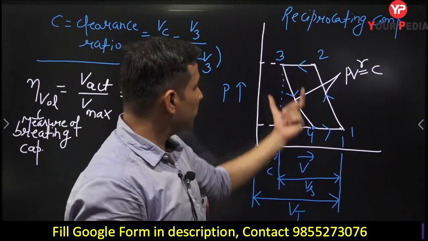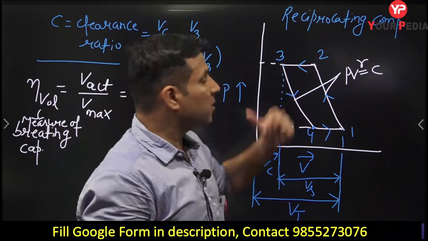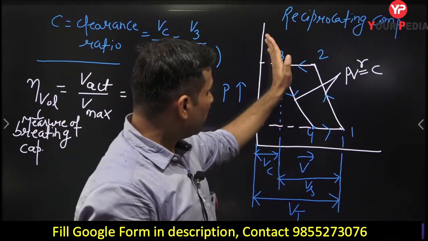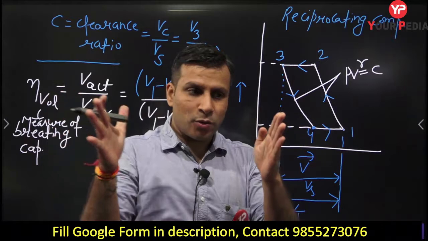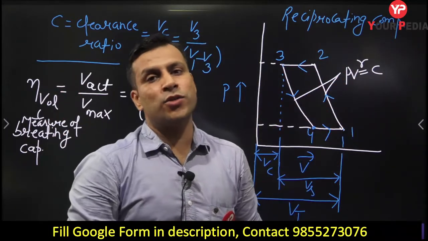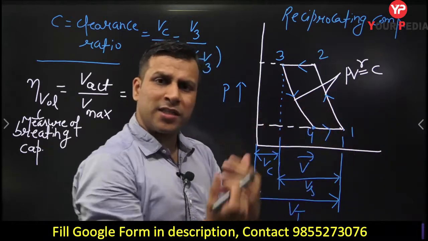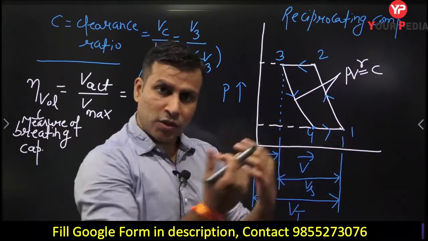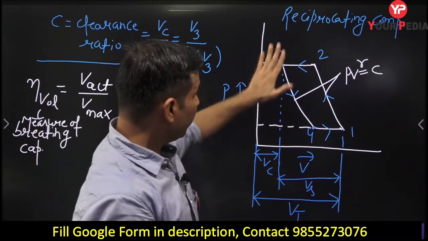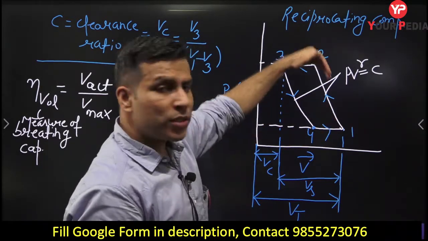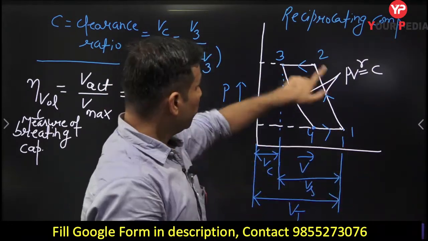This is actually the constant pressure line, 2 to 3 and 4 to 1. This is constant pressure suction, this is discharge. This is a constant pressure discharge, because the piston is moving, you are compressing, and at the same time the charge is going out. Similarly, the piston is moving and more charge is entering, so this is a constant pressure suction. Then isentropic compression, and this is the isentropic expansion. These are the different processes, but generally we show it by this only because of the isentropic compression. But if you draw the cycle diagram for the compressor, you need to draw it something like this.